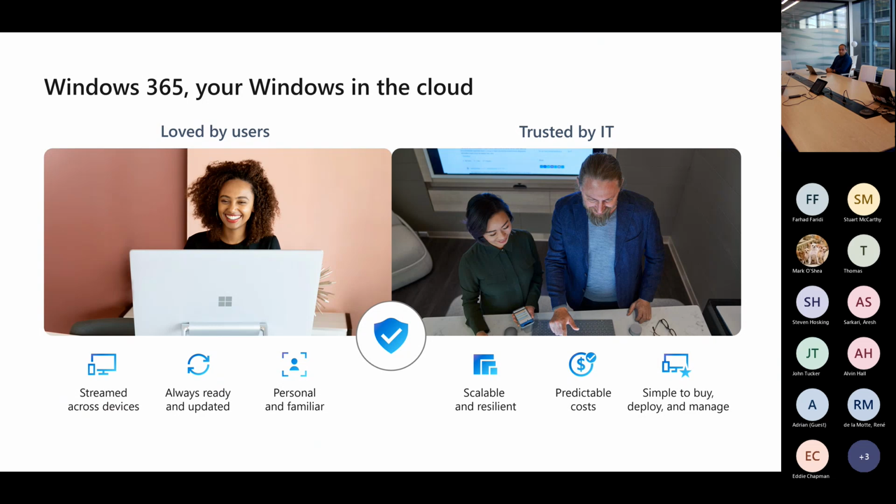From an IT standpoint, why IT teams love Windows 365 is that it's scalable and resilient. You do not have to manage the infrastructure, the network, the firewall, the Azure subscription, or the other components like RD Gateway and RD Web, which are all the components magically working behind your Cloud PC.